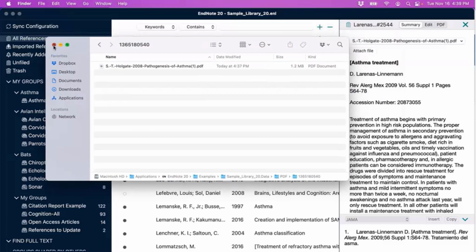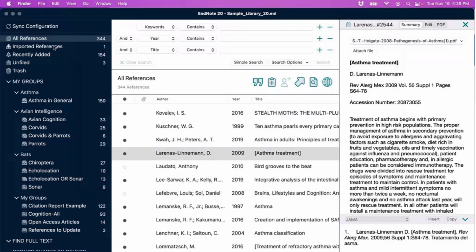The reason EndNote makes relative links is that you could then move your library to a completely different computer, and all of your file attachments would still be valid. You could turn relative linking off, and EndNote would just make a pointer to the various files on your drive. And that's what's called an absolute link. But if you choose to do that and you move your library to another computer, unless you can exactly recreate those file paths, your file attachments would be broken. So again, that's one of the benefits of relative linking.